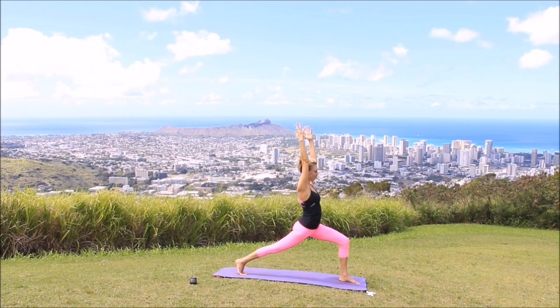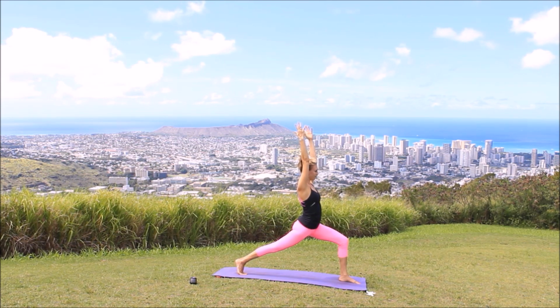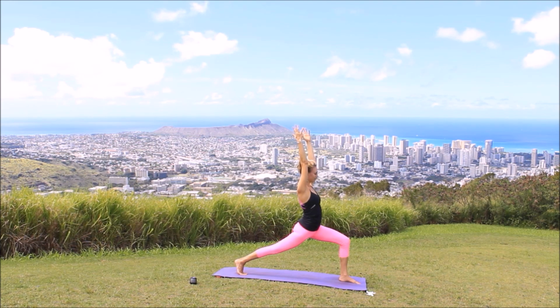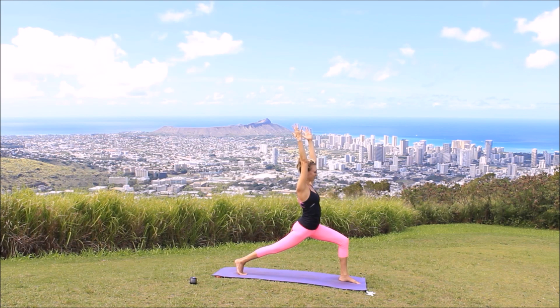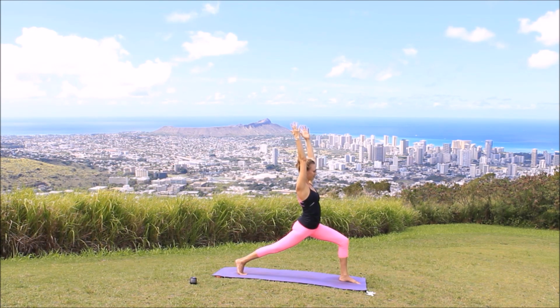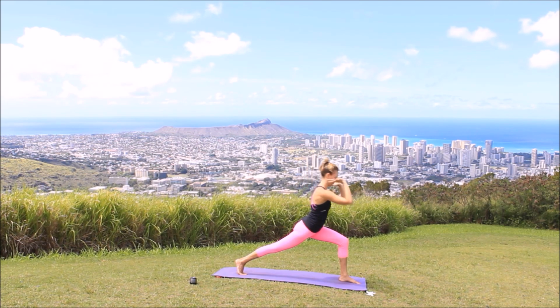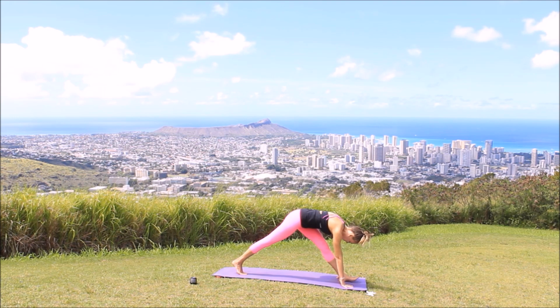Hold here for 2 breaths. As you inhale, try to find lengthening. And as you exhale, try to sink your hips lower. Take a full deep breath in. And as you exhale to pyramid pose, plant both of your hands down to the mat and straighten out your